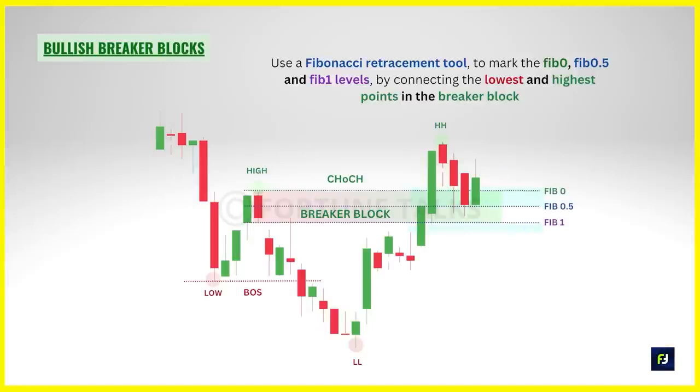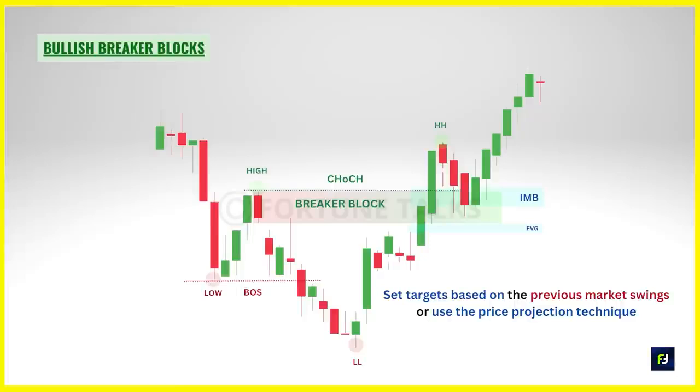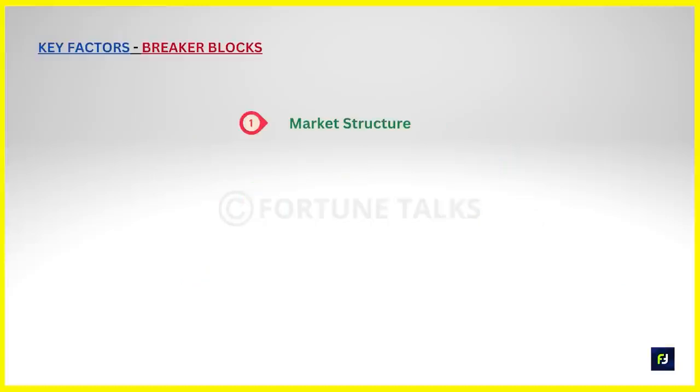We can use a Fibonacci retracement tool to mark the Fib 0, Fib 0.5 and Fib 1 levels by connecting the lowest and highest points in the bullish breaker block. This will help you optimize your trade entries. You can place buy limit orders between Fib 0 and Fib 0.5 levels. You can set your stop loss below the breaker block or below the Fib 1 level. You can set your targets based on the previous market swings, or you can even use the price projection technique for setting take profits. So some of the key factors that you need to consider while trading breaker blocks are: